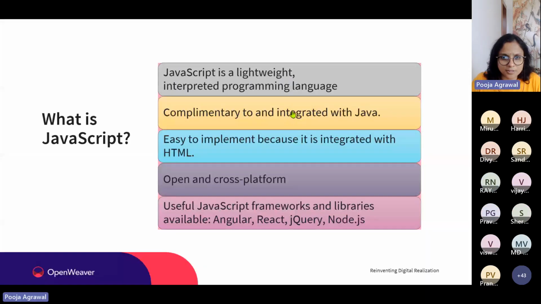Let's just give it a minute. Yes. Okay, Pooja. Is it okay now? Is it visible? Perfect. Yes, it's visible.